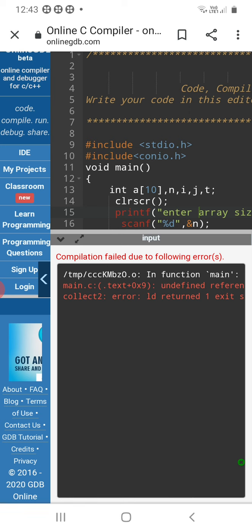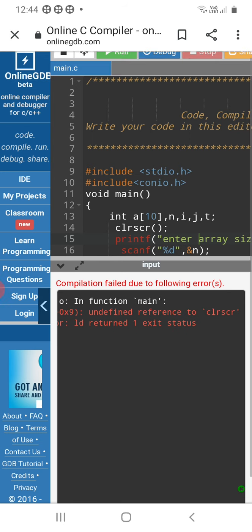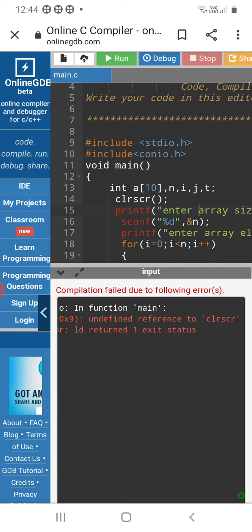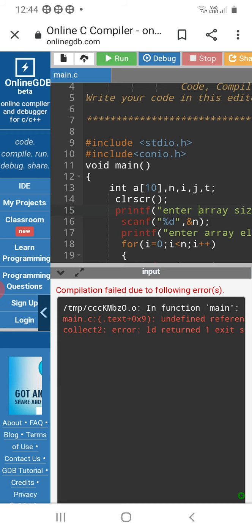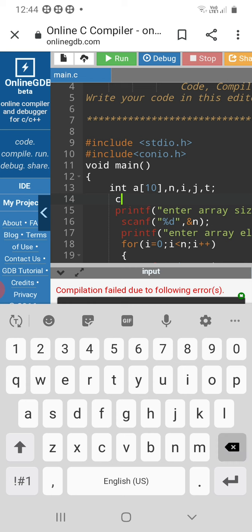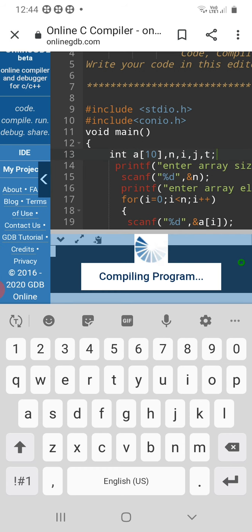Checking whether errors are there. Compiling the program.